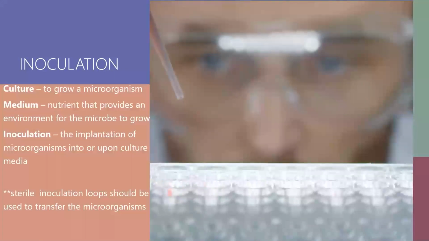All right, so our first step, inoculation. There's a couple of key terms we need to know for this process. The first is to culture. You'll hear me say throughout the class, we're going to culture this bacteria for this many hours. We're going to culture it on this type of agar. And basically what I mean by that is we're just growing the microorganism. It's alive, as we've talked about before, so it's going to be growing bigger, getting more cytoplasm, a larger space, and also multiplying the number of microbes. So we're going to be going up exponentially from 2 to 4 to 8 to 16 and so on of